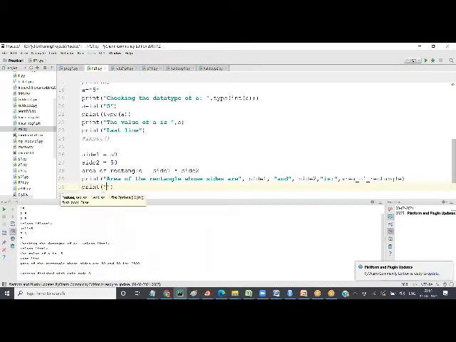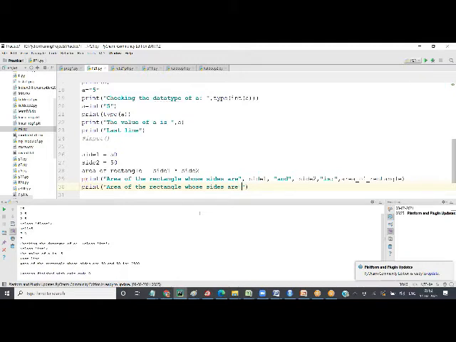Area of rectangle whose sides are. After this, we want to print the value of a variable. This is fixed text.